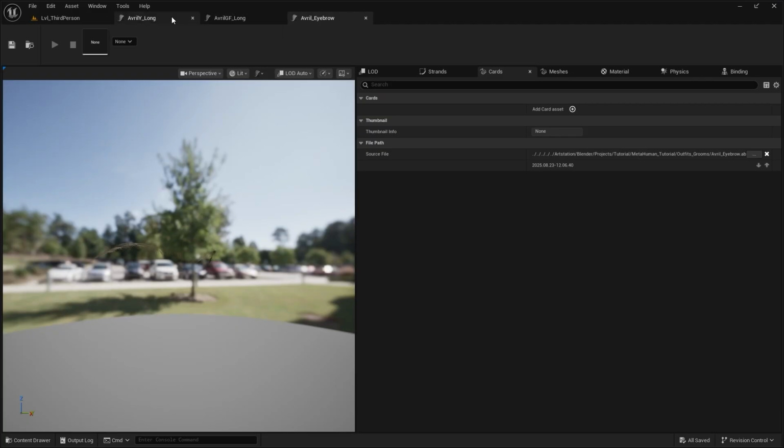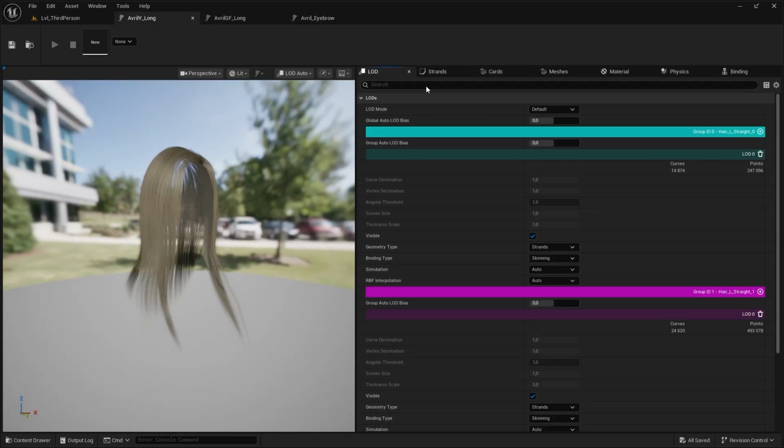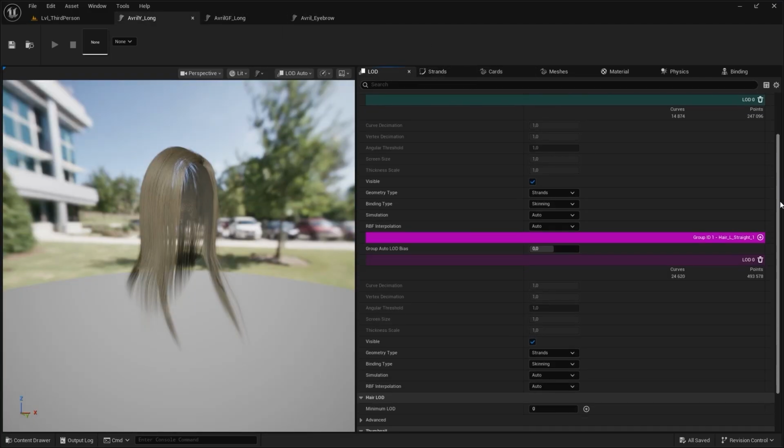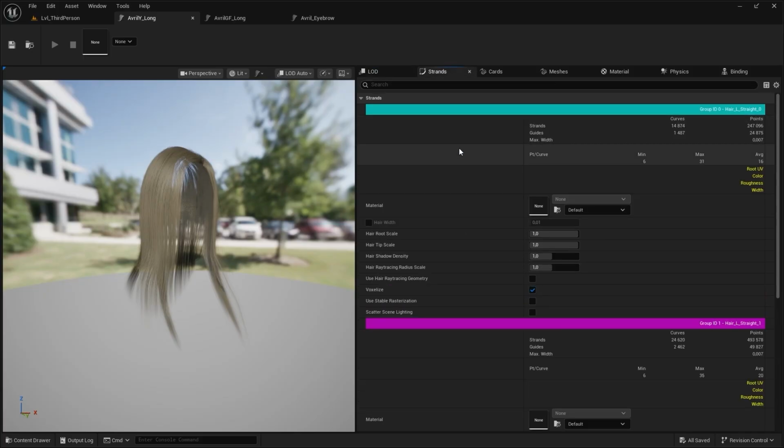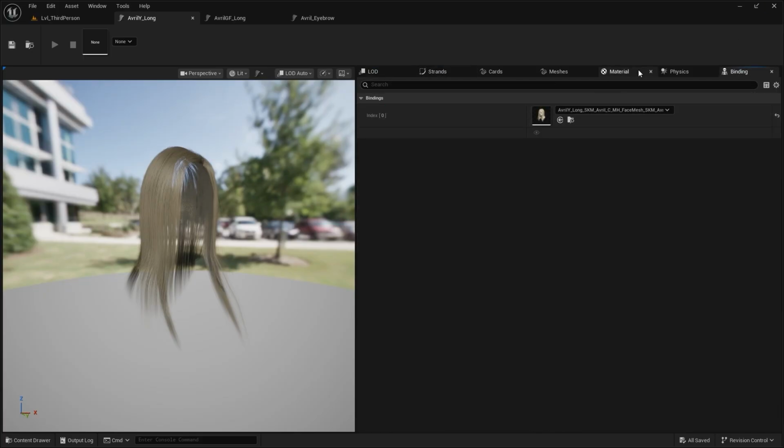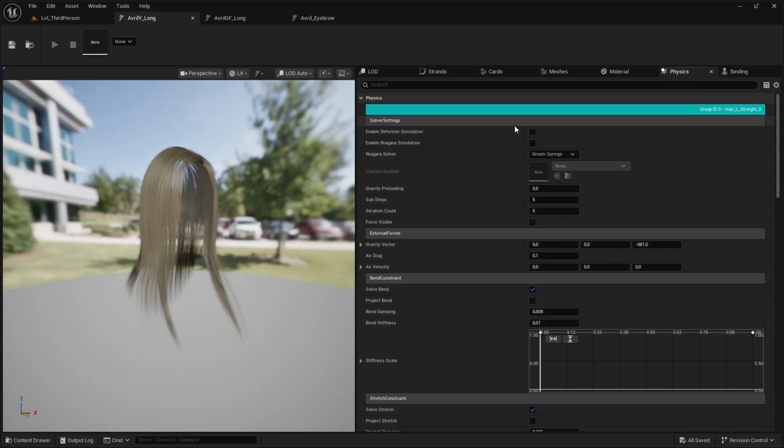Let's start setting up the modified one first. In the LOD section, there is currently only the highest available as strand, but don't confuse yourself since the hair is built from 2 parts. That's why I have 2 separate sections here. Now the strand is a much more interesting place to be, but make sure the binding here has the assigned binding we created, just in case. There is also physics here, which we will need to set up, but for that we are going to cheat